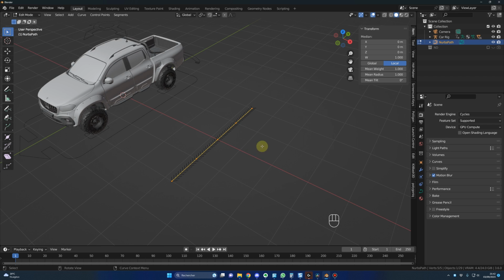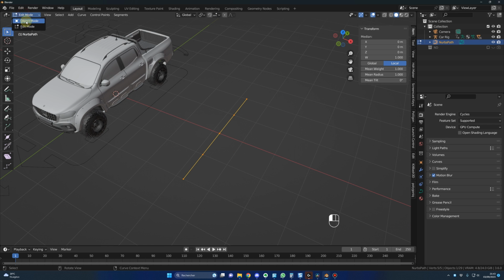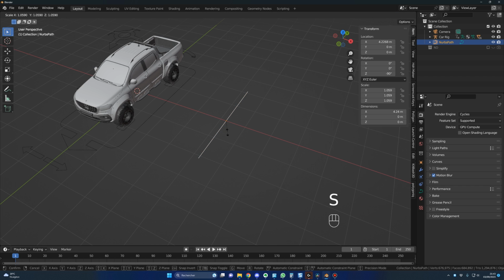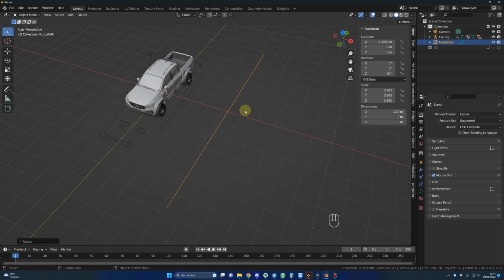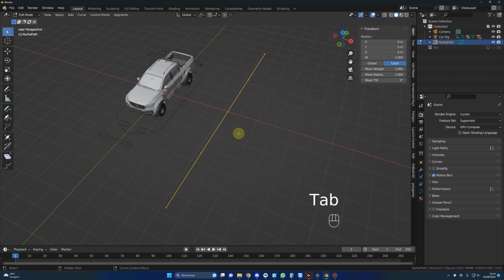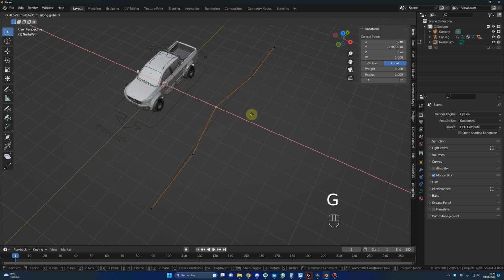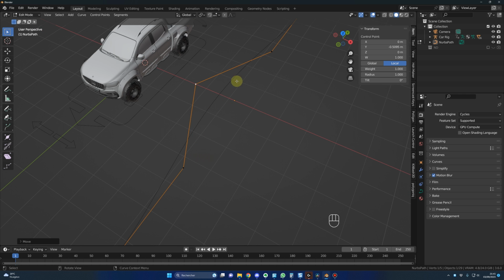Okay, so that's perfect. Let's go back in object mode. So here, object mode or tab. Let's scale our path. So S, and you scale it, something like that. And now I want to create a curve, so I'll go back in edit mode by pressing tab, and then I will select this point, for example, and G and X to move it. And here you can see the path